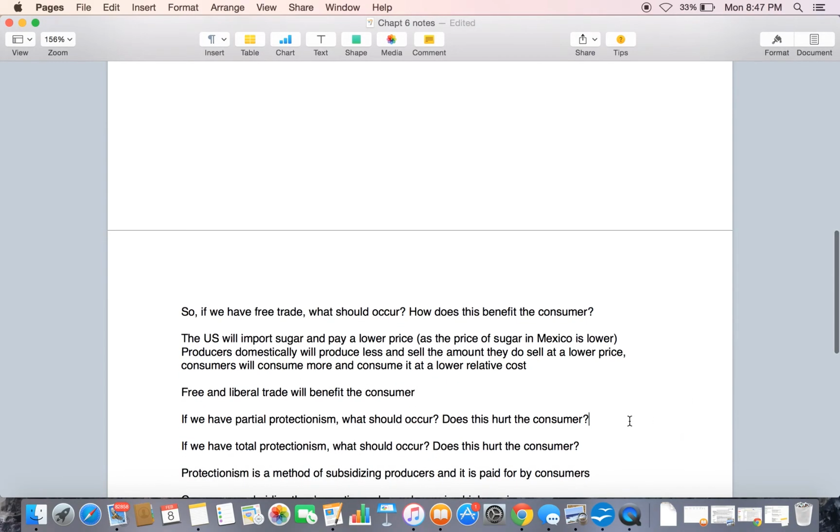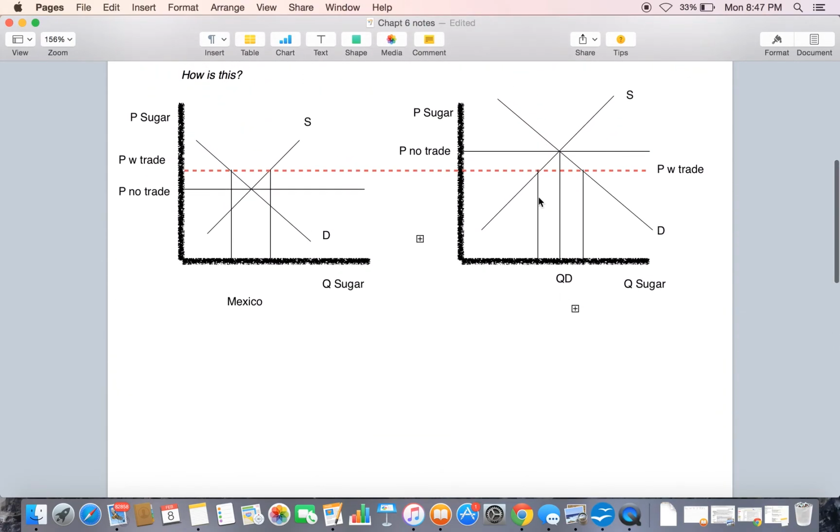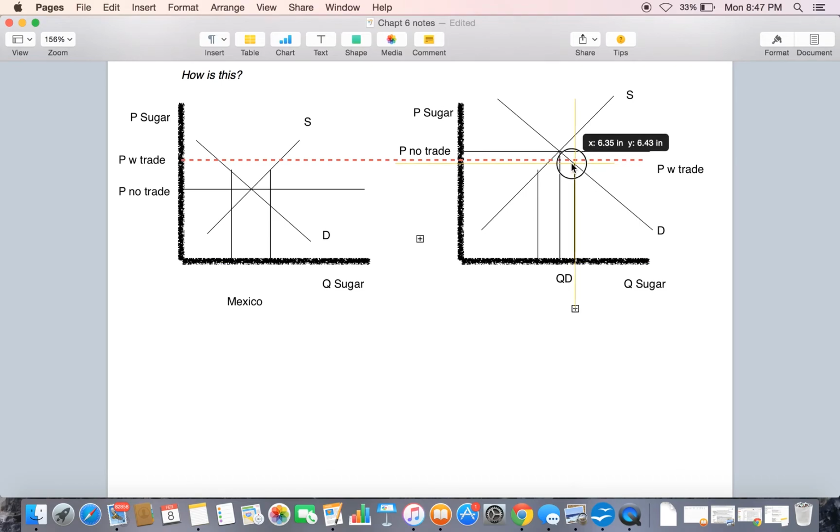Now, if we have partial protectionism, what should occur and how does this hurt the consumer? So it's possible that instead of having this completely free trade situation, we could enact a price or a tariff that does not completely remove all of the benefits of trade, but instead, say for example, the price rises to somewhere in this area. Okay, so we still have some of the benefit of trade, but we're seeing that we do have a little bit of a reduction in consumption and an increase in price as we have applied the tariff. What then happens